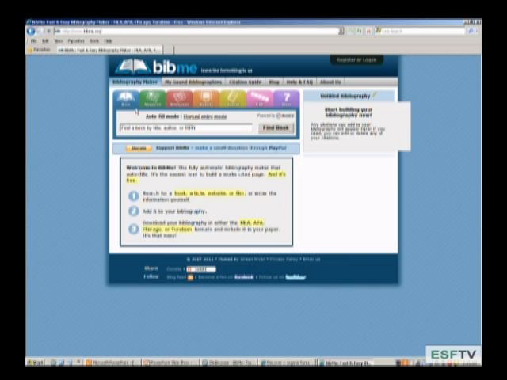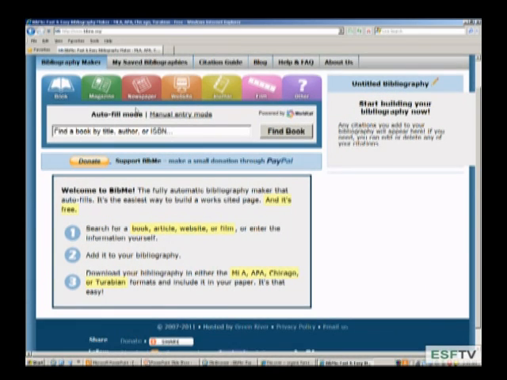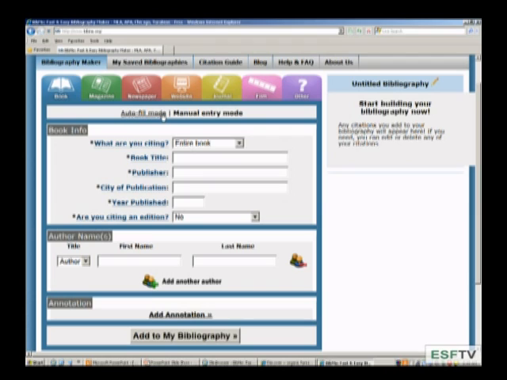We're going to try to zoom in just a little bit here. There we go. So when I'm looking at BibMe, again, which is just one of the many examples of online citation generators out there, I can come in here and say that I'm going to enter in information for a book. And what I love about these online citation generators is they give you the templates. So you can say, I'm citing a book, and you can just copy and paste in your information while you're doing your research. And then you can create a bibliography. There's a button to add to